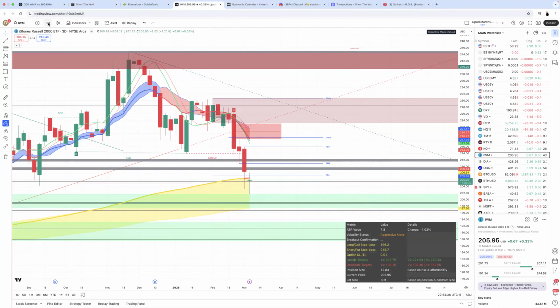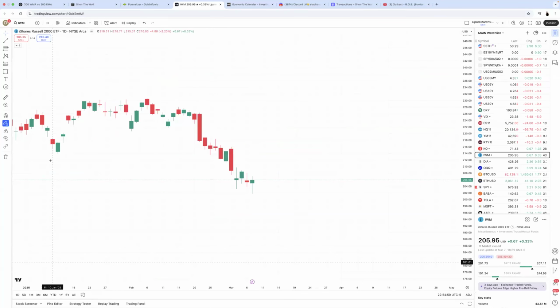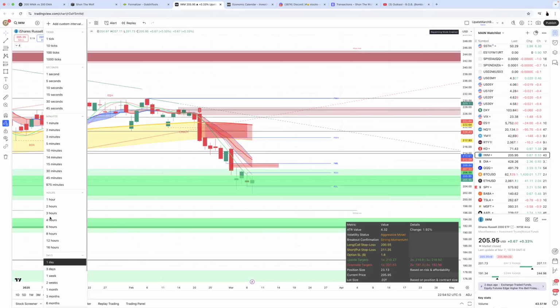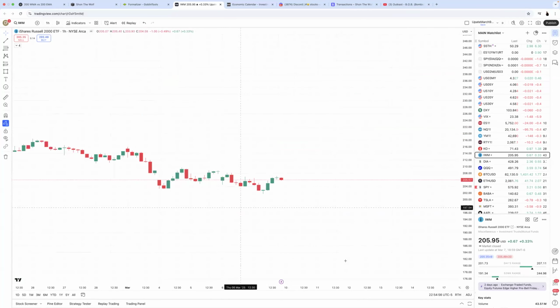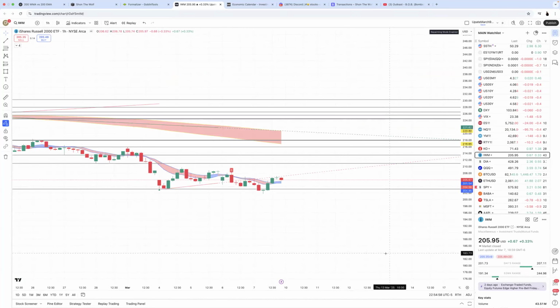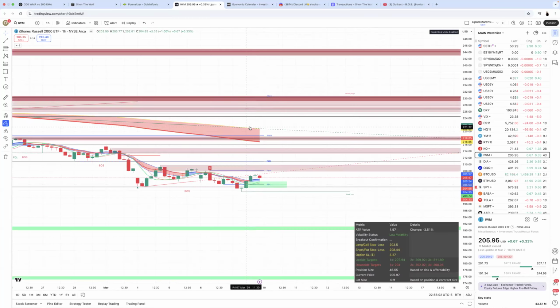So whatever time frame you're on, it's going to adjust itself based off of that dynamic stop loss level. There's a couple of things you want to know about the stop loss for the ATR tracker. So let me go to a 1 hour time frame. All right. So the first thing you want to know is that the stop loss is based around the ATR, and that's the average true range of the stock. And so per time frame, the hourly counter will move